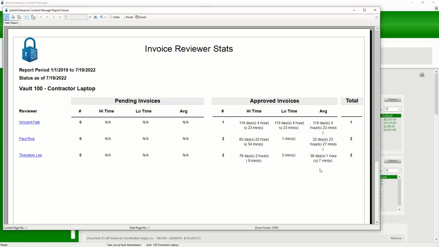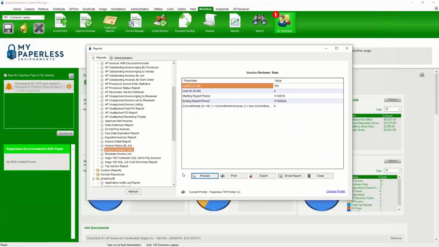So if some of your reviewers are averaging 2 days to approve, that's good. You'd like to get them down to 1 day, so anyone reviewing it doing 1 day on average, that's great. You can reward them however you feel like it. Someone's at 5 days, you go give them a talking to. It's information that's really hard to get without a report telling you it specifically, and now you would have that report in Sage Paperless to let you know how efficient your reviewers are being. So hopefully you can use that in a good way to make sure your people are always taking care of